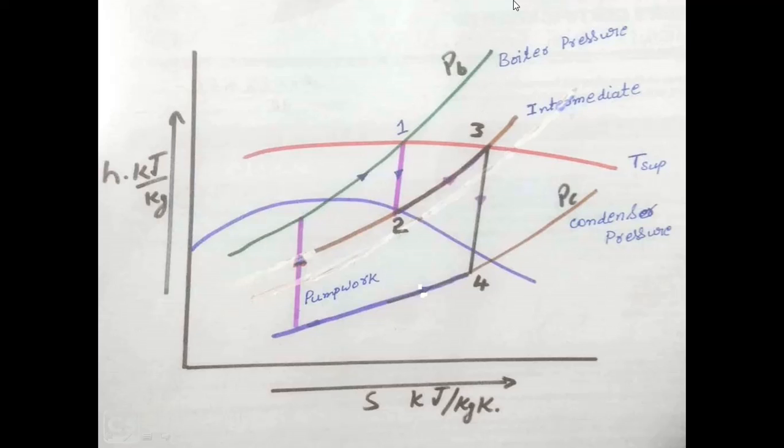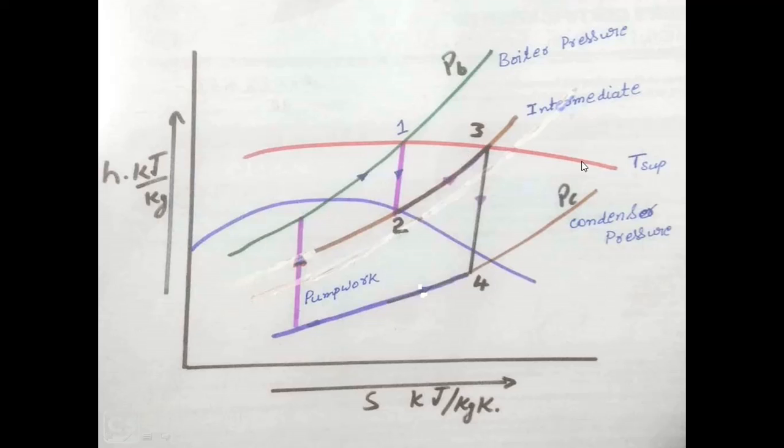Next, let us go to the problem. The problem is given with two pressures: one is the boiler pressure, another is the condenser pressure. Two pressures are given, and another one, the superheated temperature, is given. The steam expands in the high pressure turbine from 1 to 2 up to the dry saturated point, and then it is reheated at an intermediate pressure to the same temperature, but the pressure will be different. It is high pressure and then low pressure, so the intermediate pressure comes in, and that will be like a low pressure turbine.